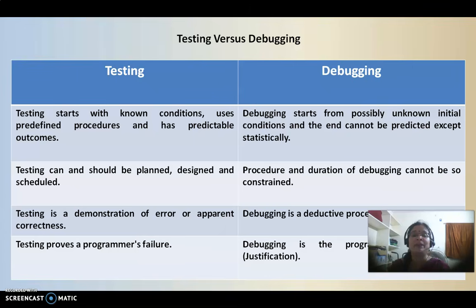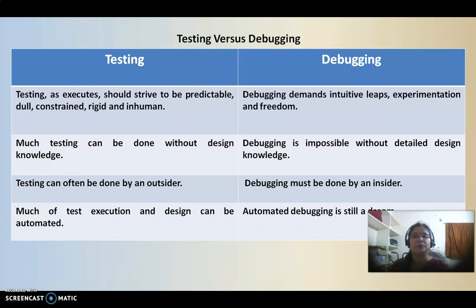So the programmer can justify why this particular error was caused, and what the intended steps are to be taken in order to avoid that particular error. So that is debugging. Testing can be done by the tester, whereas debugging can be done by the programmer. The same thing here also we will see: testing should be predictable and rigid,